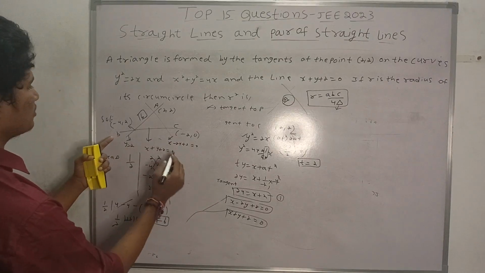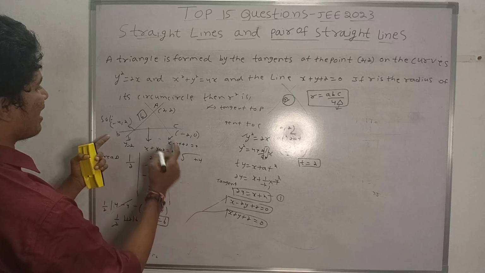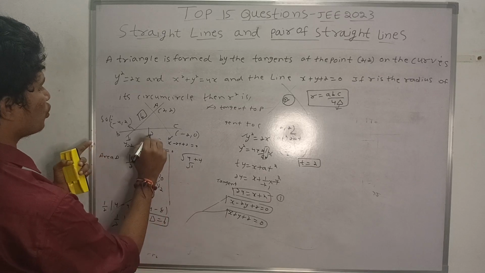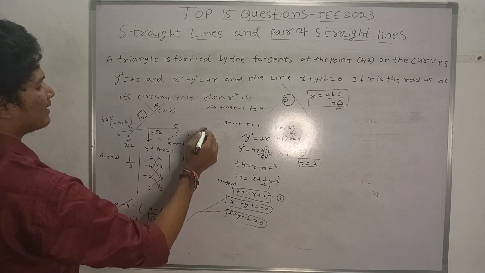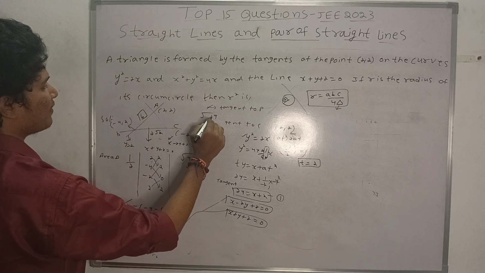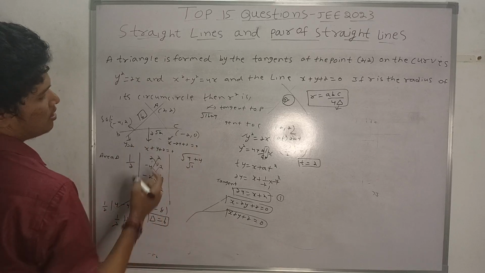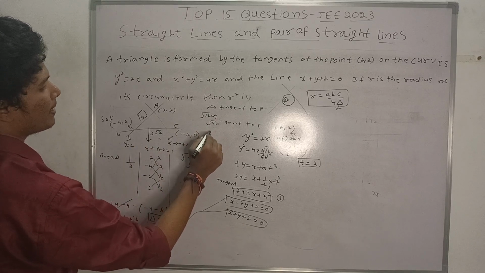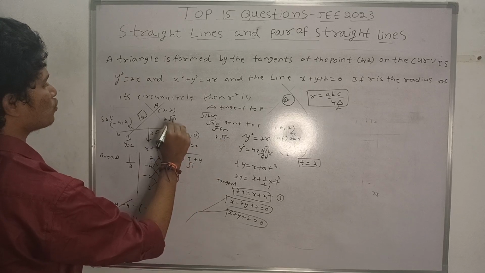And from these 2 points, that is root of 2 square 4 here, and here also 4, that is root 8, that is 2 root 2 here. And what is the distance here? Here the distance is root of, again 4, again 2 plus 2, that is 4, 4 square 16, that is root 20, and root of 4 into 5, that is 2 root 5. So here the distance is 2 root 5.